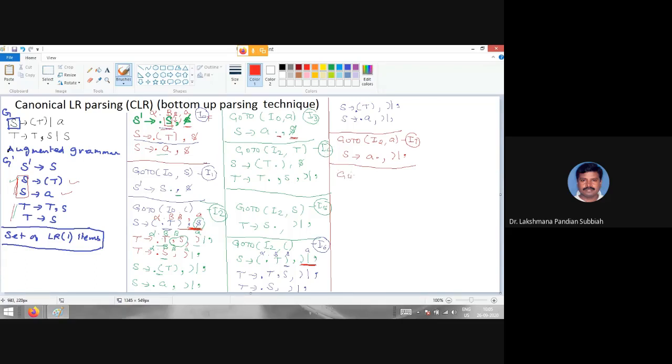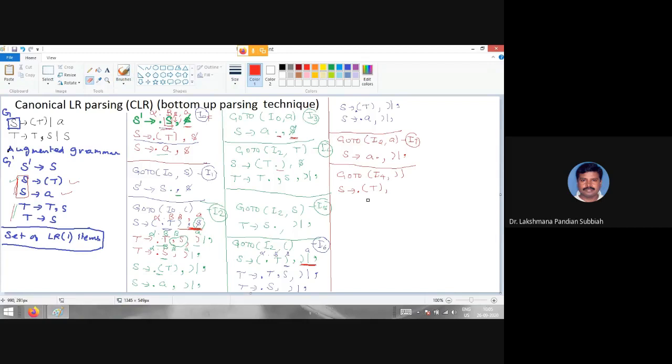So go to I4 comma close bracket. Now this one, you have to write it as yes derives open bracket T close bracket dot. You have to put the dot in front of, then sorry, the dot after it, right?